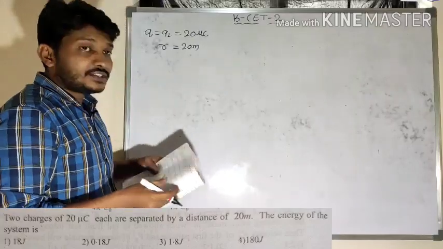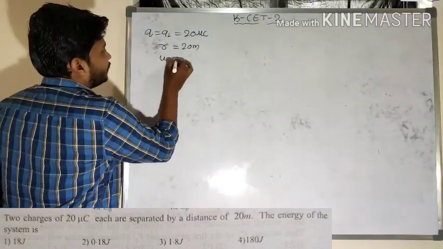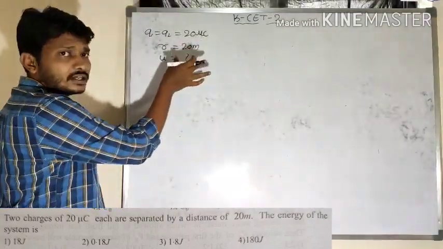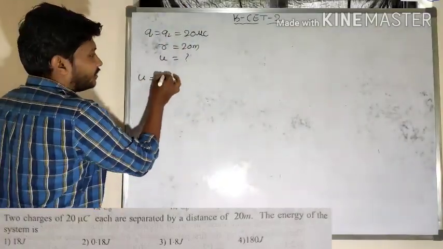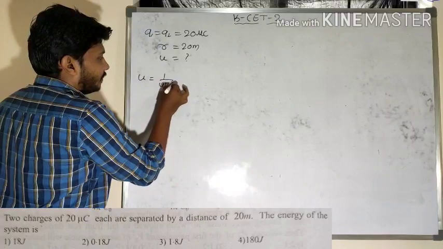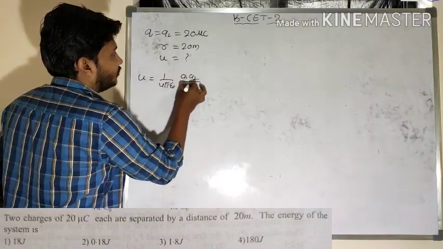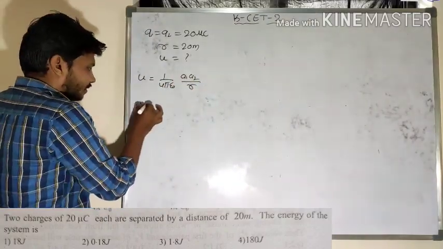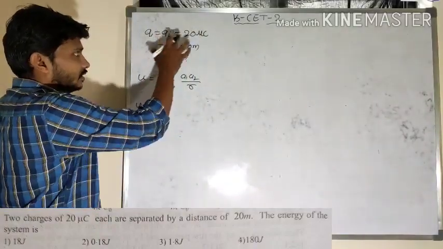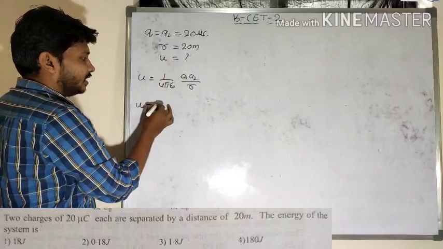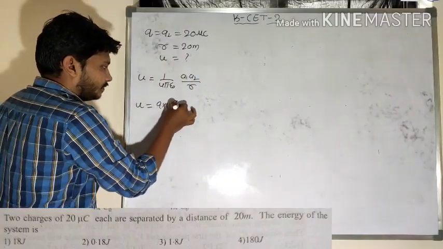Then the potential energy of the system. So two charges are there. So what is the connecting formula for the potential energy of a system of two point charges? I said 1 by 4 pi epsilon naught Q1 into Q2 divided by R. For your understanding, I am writing in detail, but for solving, no need to write the given data and all the things. Just save the time.